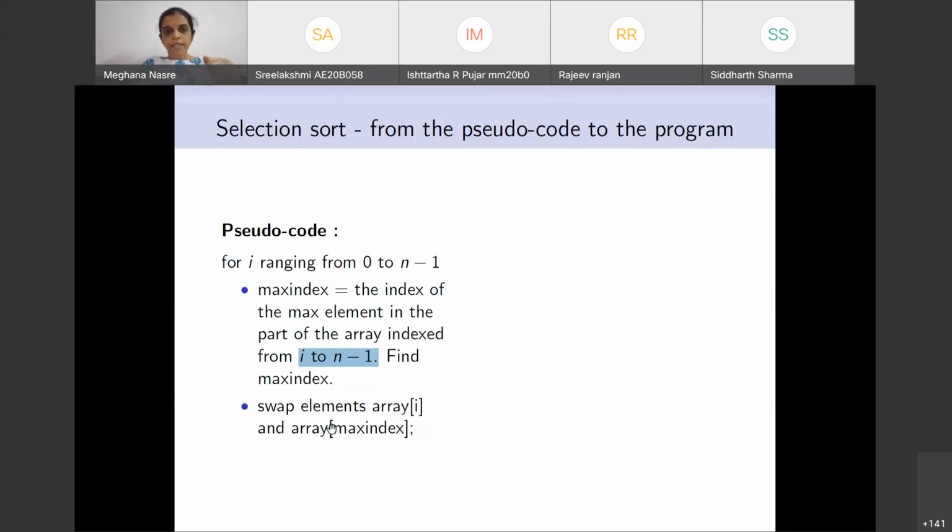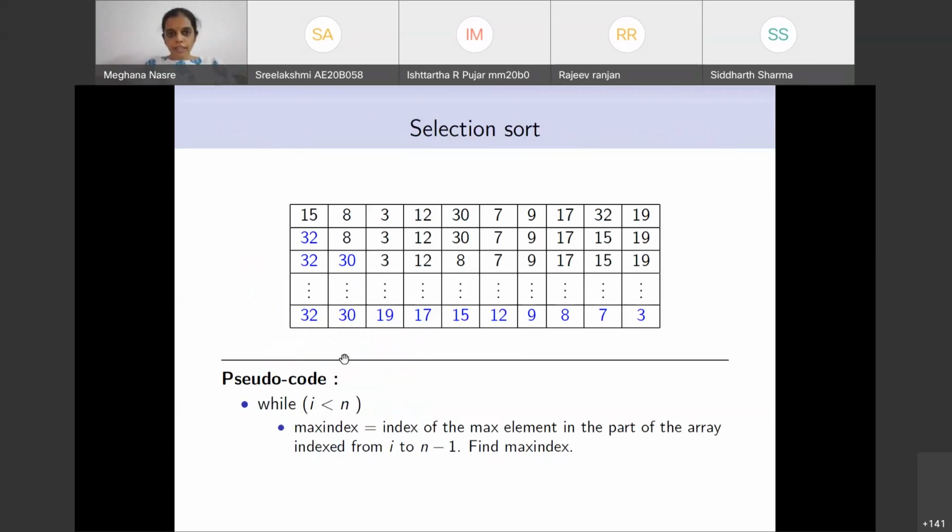Once you get this index, which we are calling max index, we are going to swap the element array of I and array of max index, because the place of this element which is at max index is in fact array of I. So what we will do is just swap, and this ensures that the first position contains the correct element, that's the maximum element.